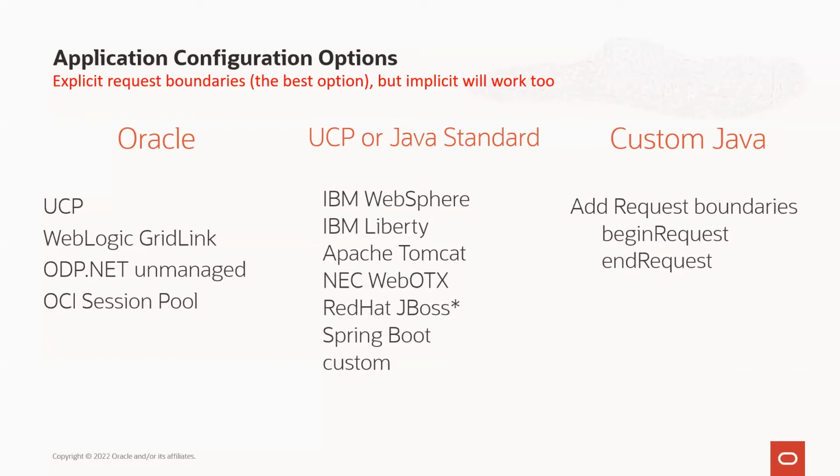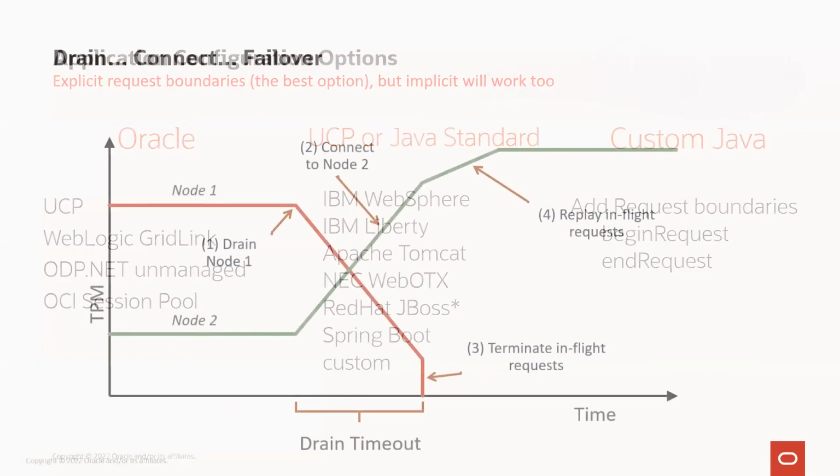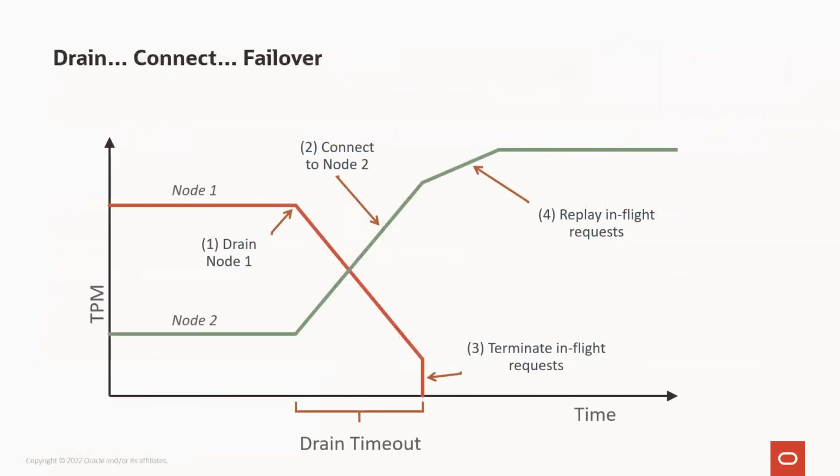Okay. But this stuff off to the left is probably the best start for you. The Oracle solution. So what are we talking about here? We're talking about planned maintenance and the different component steps to it. And I mentioned earlier that effectively the database does it all for you, but we enhance it with application continuity. And then once we get this sorted out, we're going to talk a bit more about how you make this